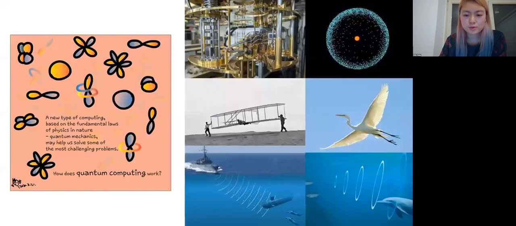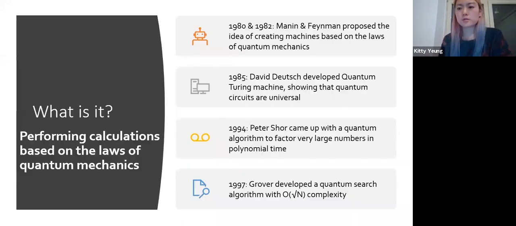So quantum computers could help us solve some of the problems that current computers cannot do efficiently. But what is it? On a high level, it is based on the laws of quantum mechanics. It's a computation based on that. It has a relatively short history, and it developed really, really fast. So here is what I wanted to show, that it has a history